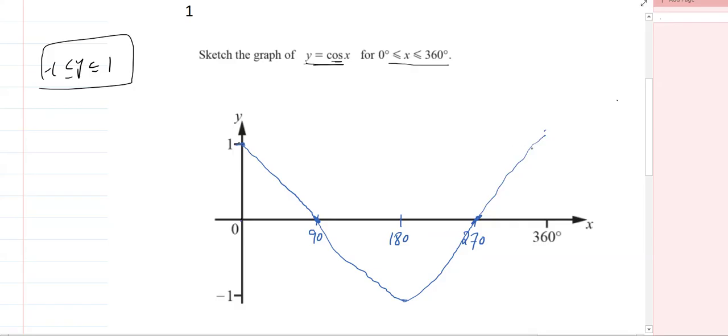It should not cross. At 360, it becomes this. This is the sketch of y is equal to cos x. You have to remember it should not go down. And another thing you have to remember in this sketch,